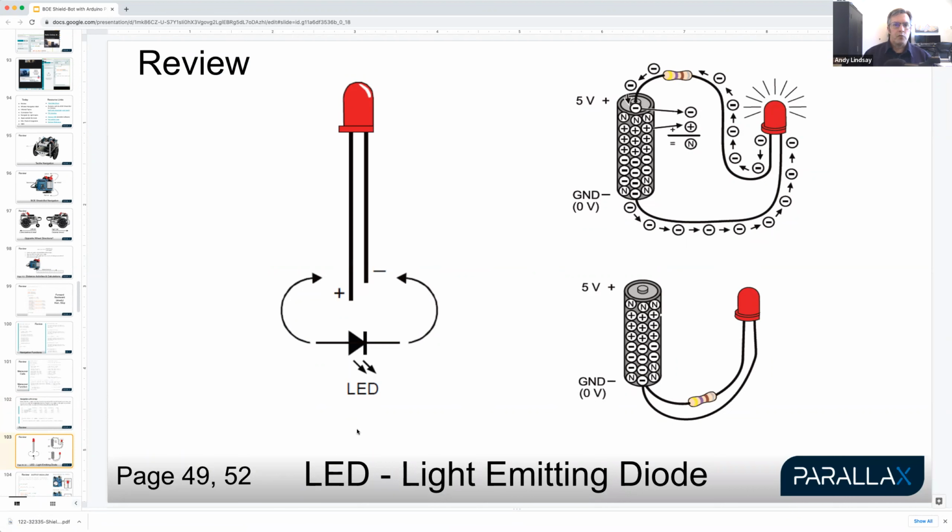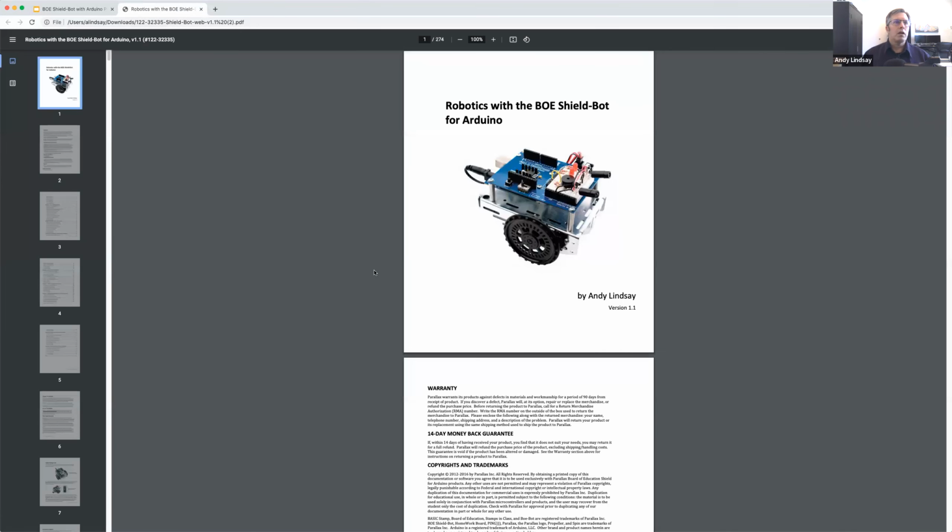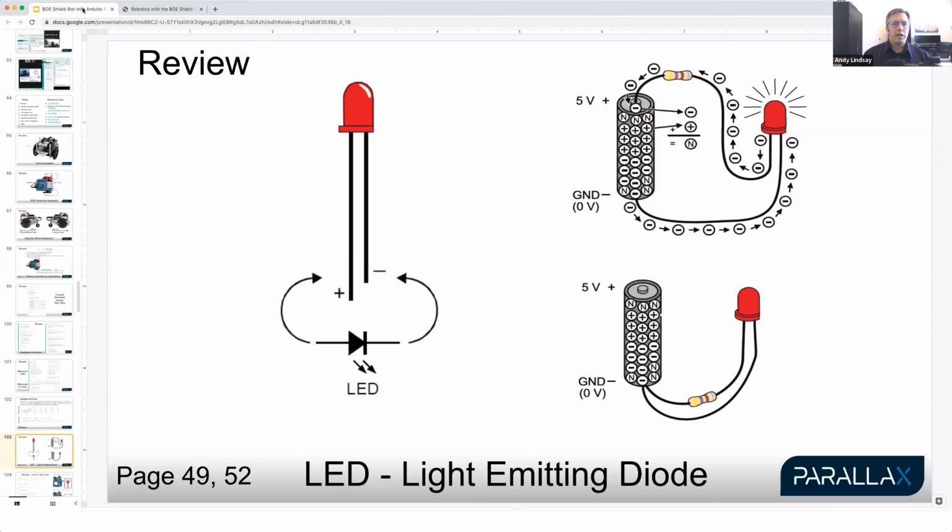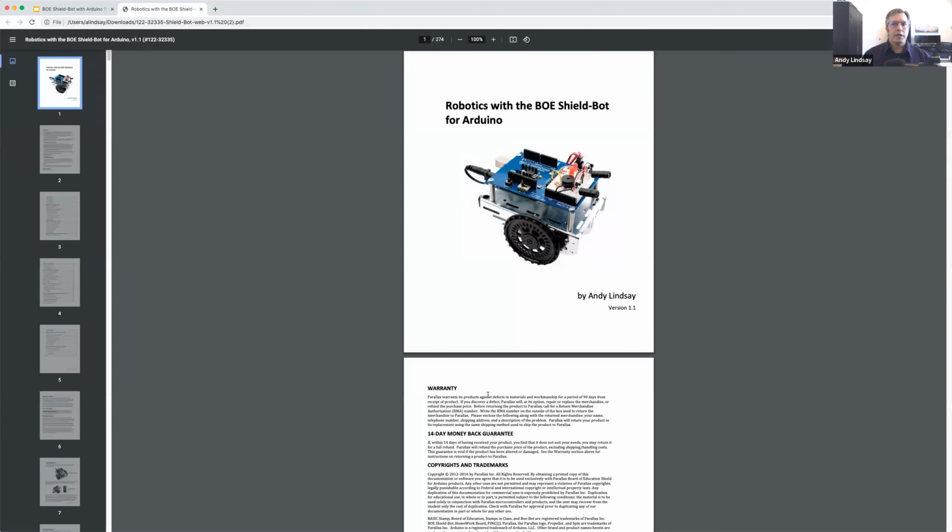To get to some of the more challenging parts, I went ahead and skipped the circuits, but I will talk just briefly about that now. And that was page 49 and 52. So if I go to page 49,